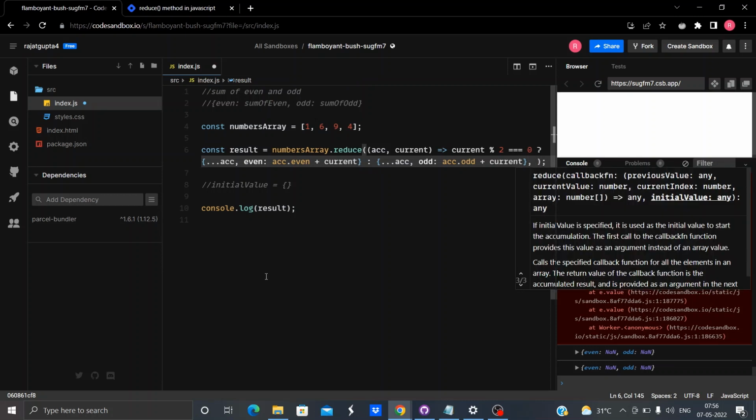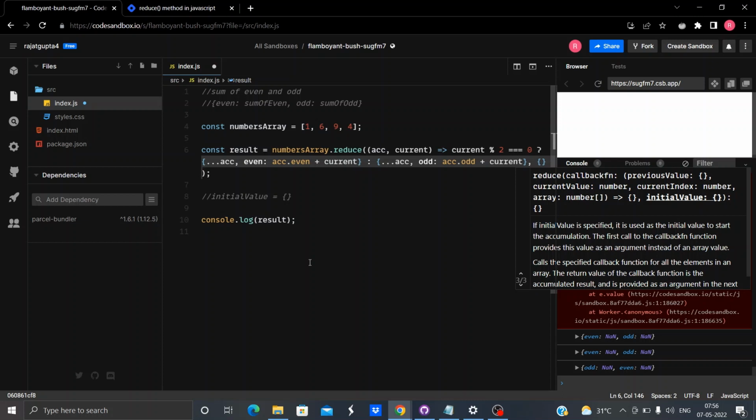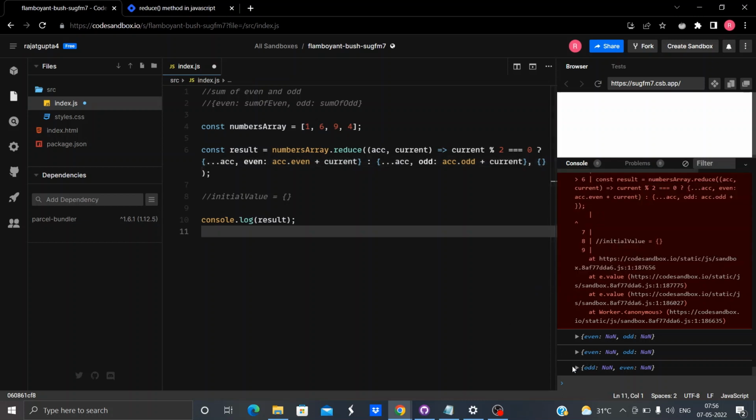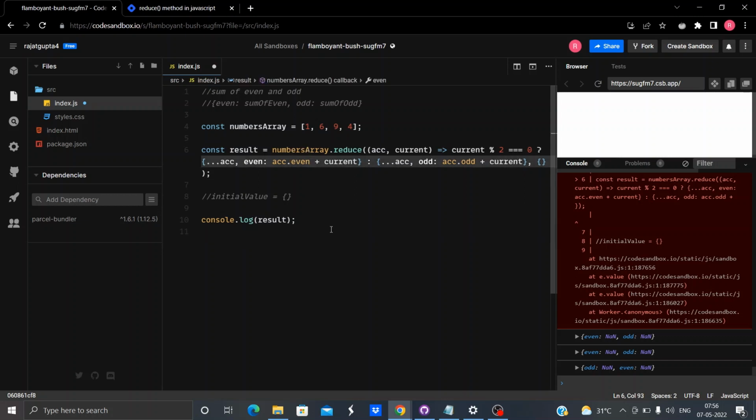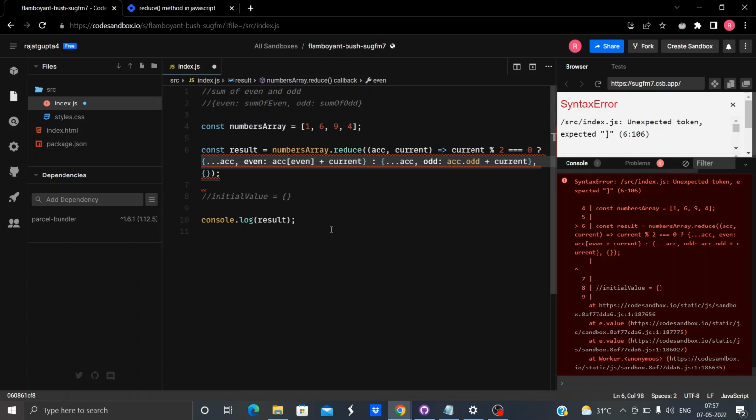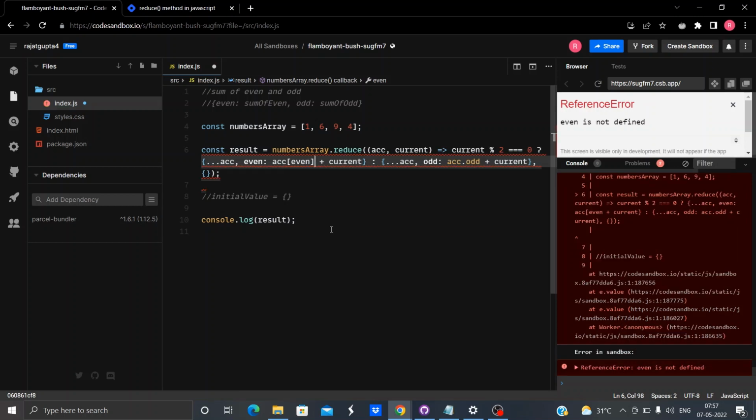So the initial value will be this. Let's see if we are getting anything. No, we are not. It says NaN. Okay, why is it so? If it's divisible, then do this. If it's not, then do this.